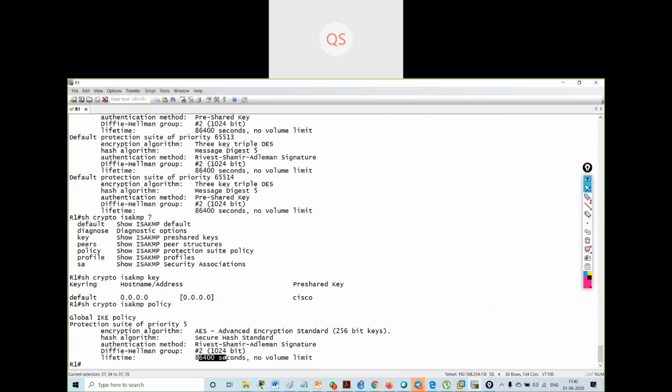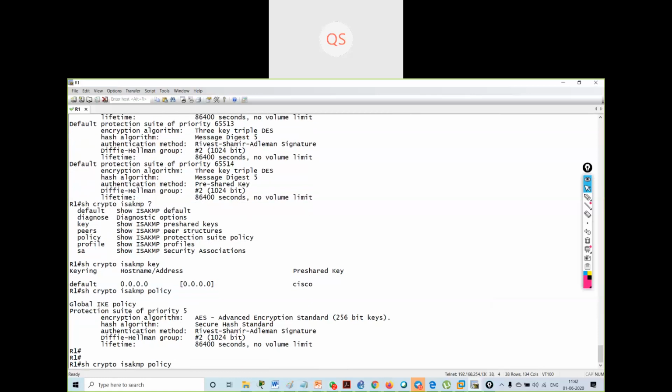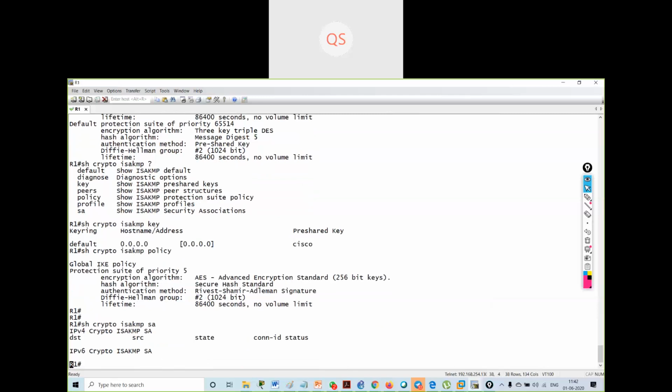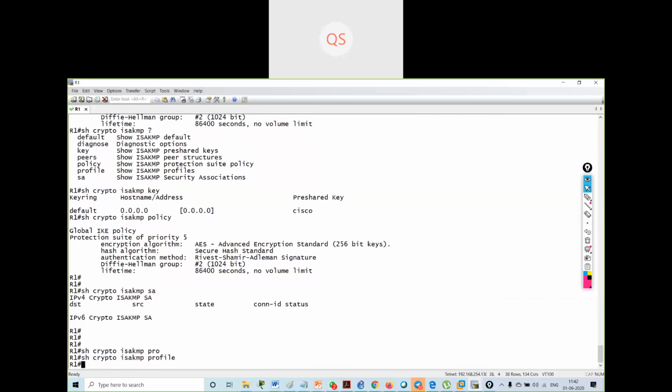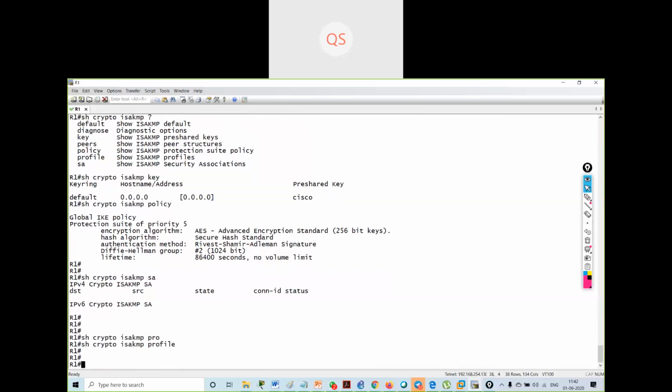Lifetime is 86,400 seconds. So it is not giving me the association, but I can see the policy. It is not giving me the peers.